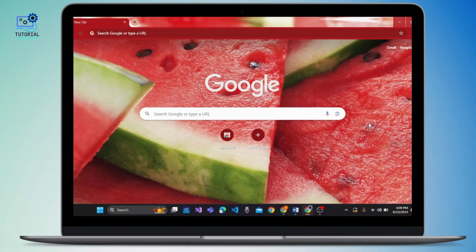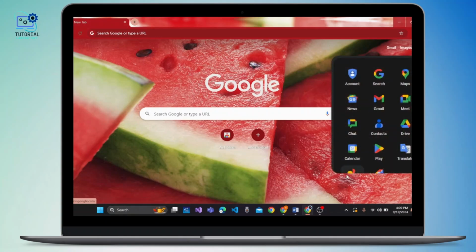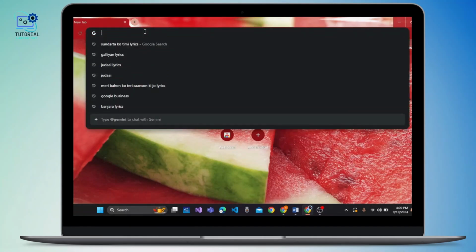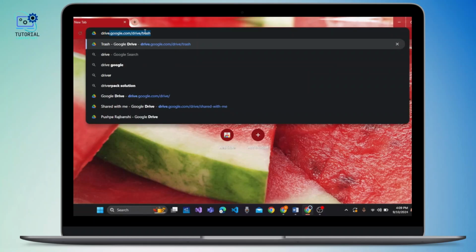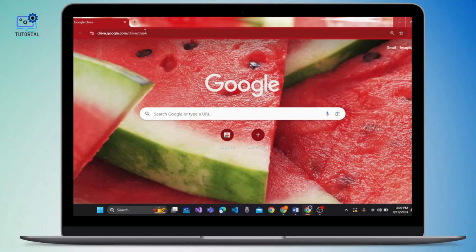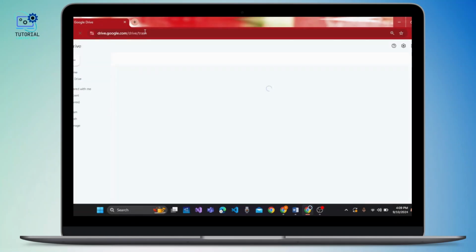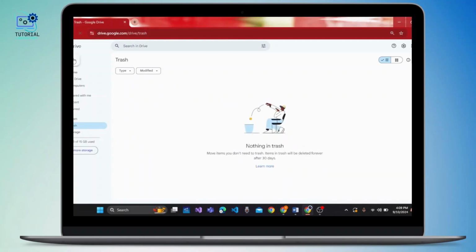Firstly, if you're on a PC, then open a web browser, maybe that is Safari or Chrome. Then you can click the six dots icon, or Google Apps icon, at the top right corner of the screen and then locate Google Drive and open it. Or else, using the search bar at the top, you can type in drive.google.com and press enter to access your Google Drive on your PC. Once you open it, here you need to click on the New button at the top left corner